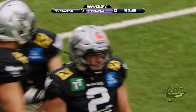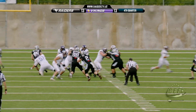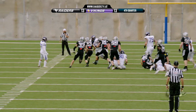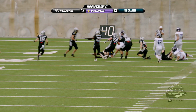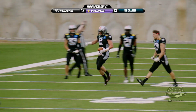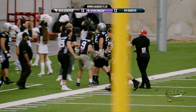It's understandable that you're excited after such a great play. Let's have another look. So he picks it up. Now I was thinking that this forward progress will stop right there. But I don't have to be right necessarily in this one. Let's just assume I have no idea what I'm talking about. So in this case, we'll just go with that route. And there,